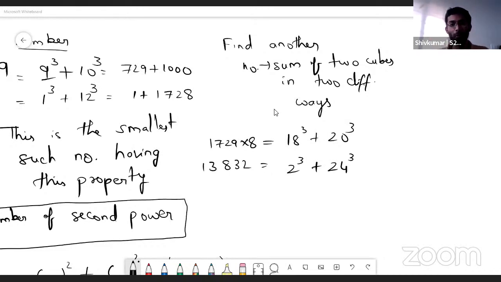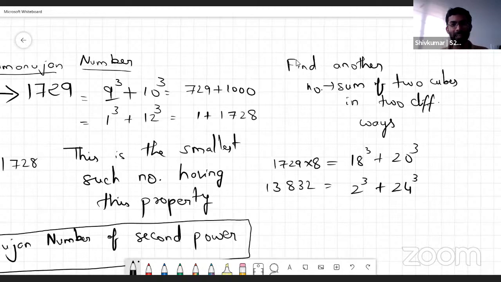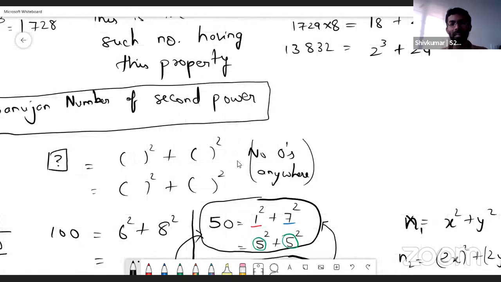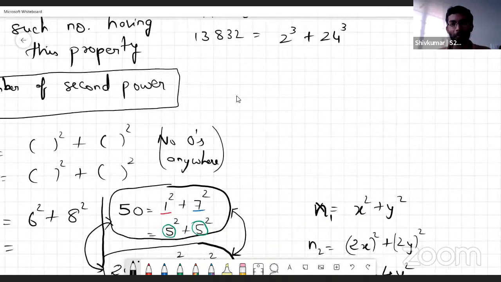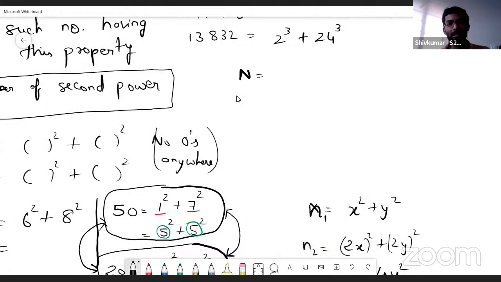And what's more, for squares it is easier to get a complete characterization of these numbers. So numbers that can be written as a sum of 2 squares in 2 different ways, there is a way of systematically getting all these numbers since they are squares. If you are familiar with algebra, basically it's like trying to come up with a number n, which is a square plus b square,